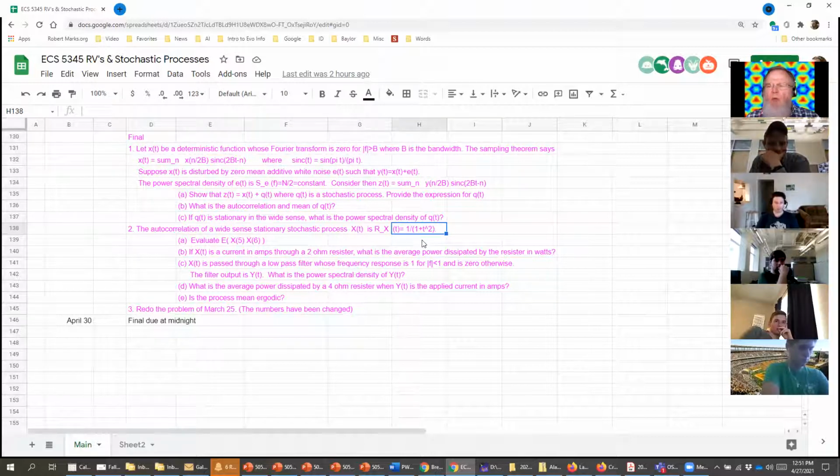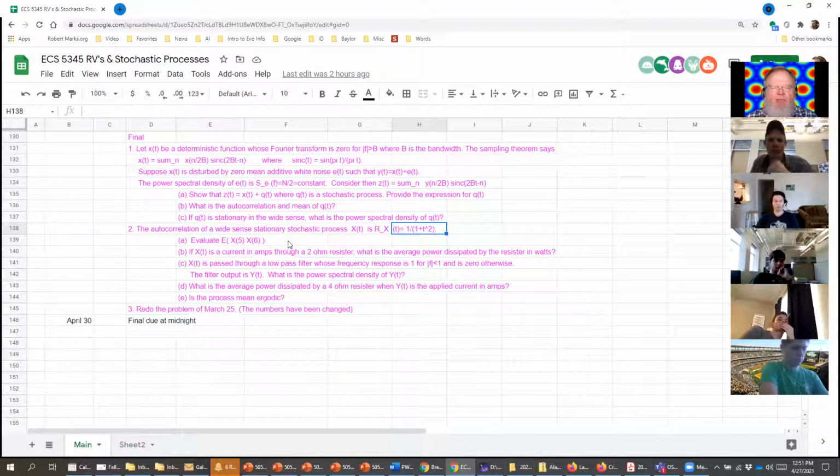This should be 1 over 1 plus t squared. So it's a bell-shaped curve, but it's a bell-shaped curve with really, really fat tails. First thing I'd like you to do is to evaluate the expected value of 5, expected value of 6. This shows the utility of the autocorrelation function in second order statistics, in that you should be able to compute